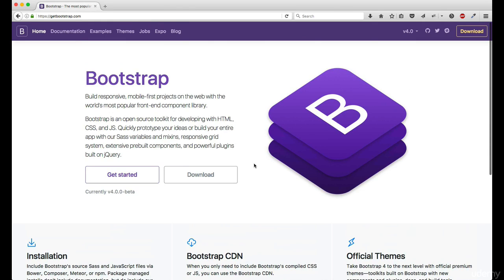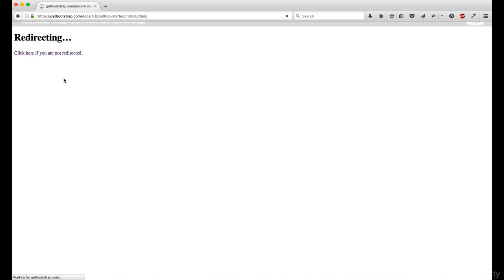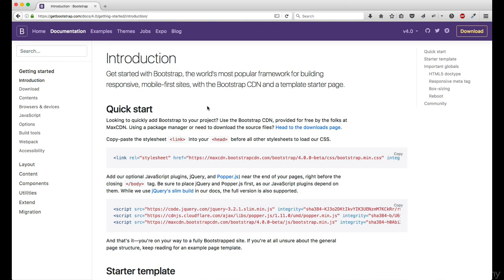And within the framework there are also a large amount of elements and components that you can use within your sites or pages. So that's all well and good, but what we want to do is take a quick look at the documentation. So everything in this documentation tab is essentially the Bootstrap Bible. It contains essential information that you can refer back to or where you want to go to learn about new elements or components. So it starts with the introduction to Bootstrap, and this includes all the information you need to